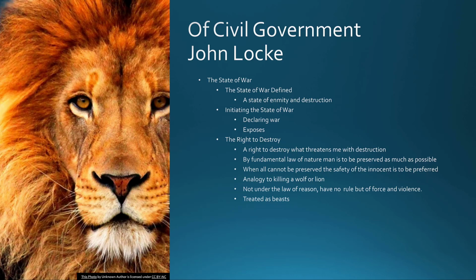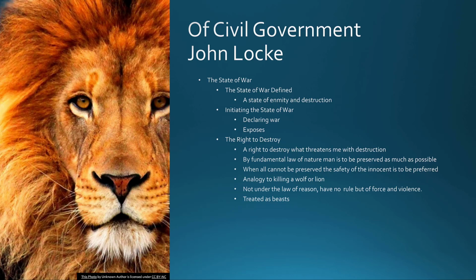So his reasoning essentially is that if there's an illegitimate, unjust threat of destruction, one is allowed to basically destroy them back. And the justification for this is, although Locke thinks that we should preserve people, that there's a preference in favor of the innocent. So if someone is the victim, they have the right to destroy those attempting to destroy them. So that starts up the state of war.